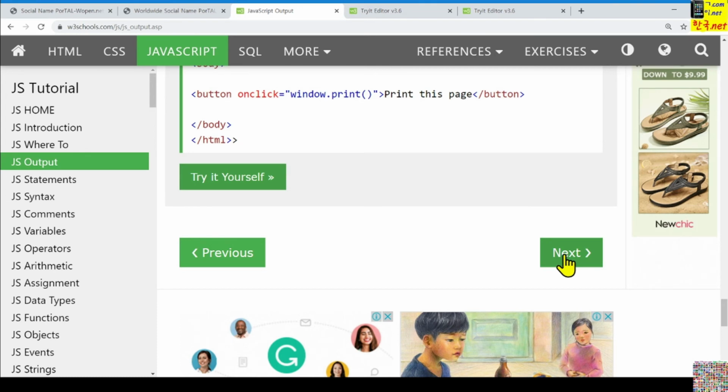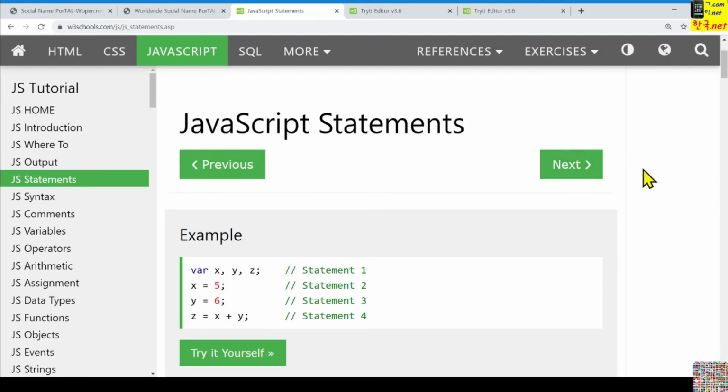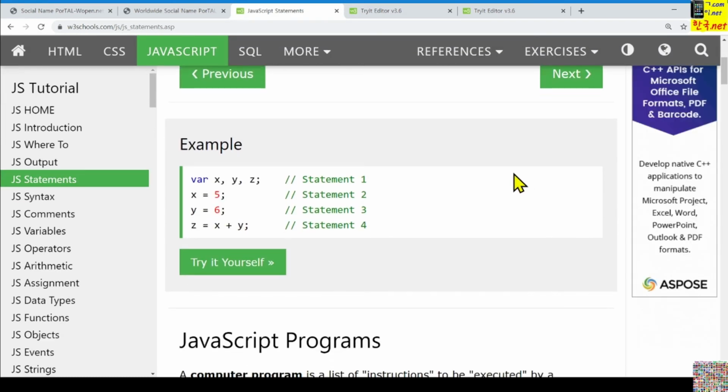And statements. JavaScript statements, as we learned briefly. In JavaScript, we can use this double slash. Then this single line after this will be assumed to be a comment statement, like this.